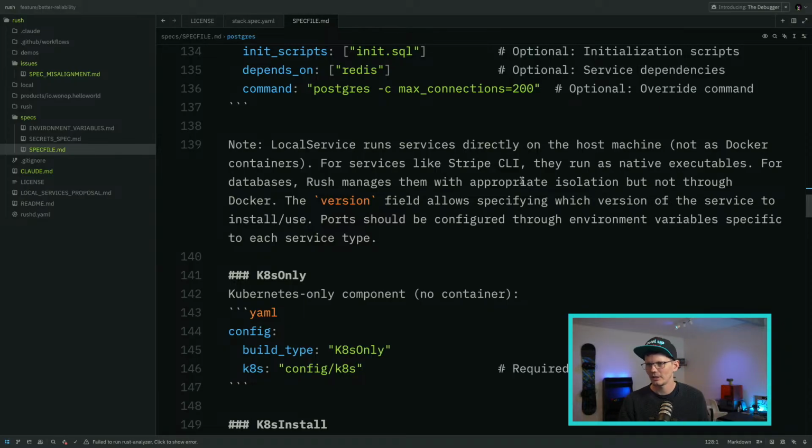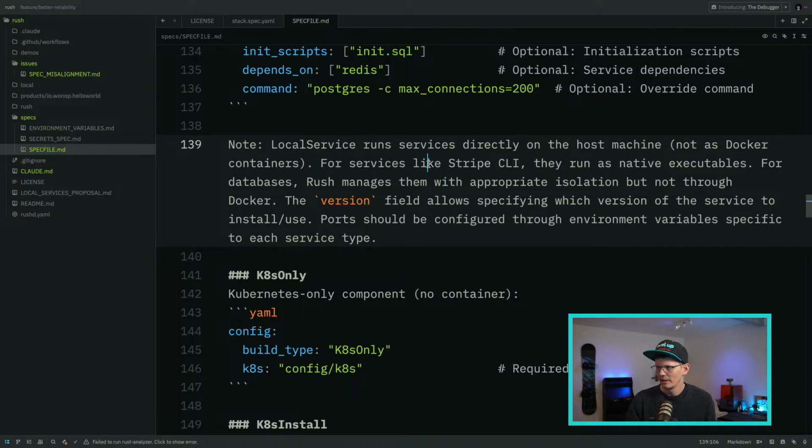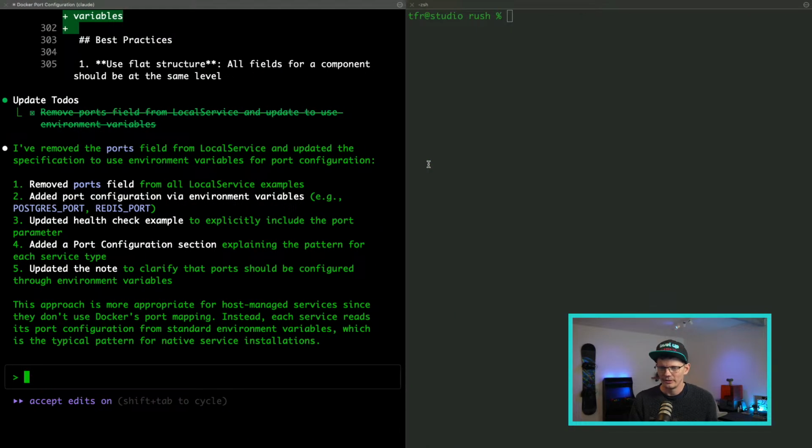Okay, but now it's added another hallucination. This is actually not true. The point of local service is that it may be running locally or it may be running in Docker, whatever the implementation states. But it is not for the user to decide this. This is just decided by Rush. It's meant to make life easy. Okay, so